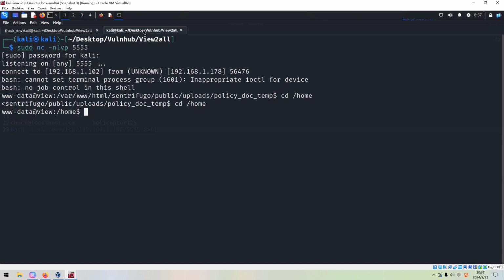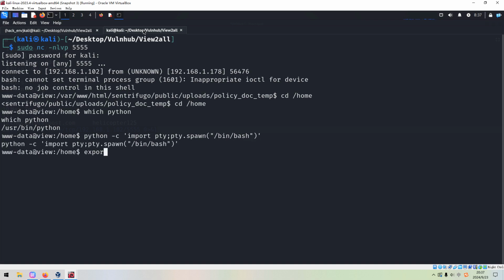And maybe, Python 2 is there. We can import the pty module, this would be better, based on my experience. And also we can export the TERM variable.